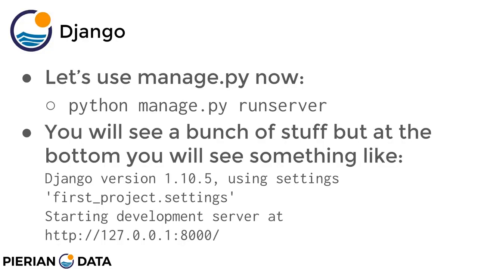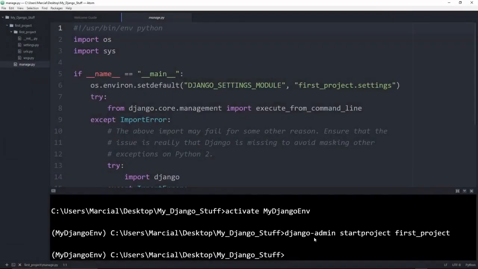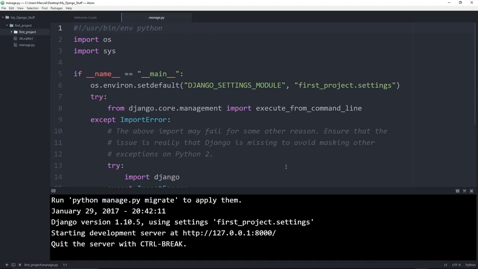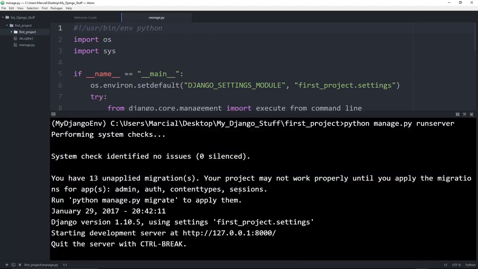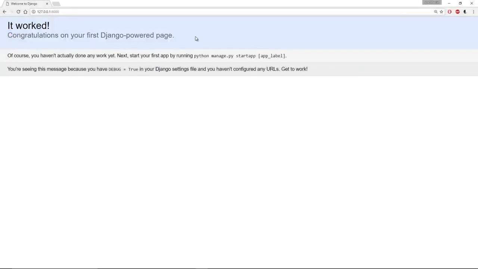So here what we can actually see what's happening is we're calling Python to run that manage.py file, and off of that py file, we actually want to specifically call that runserver command. And what you're going to see is a bunch of stuff, but at the bottom, you should see something that looks like this. Your particular version of Django, the settings you're using, and then it's starting a development server at